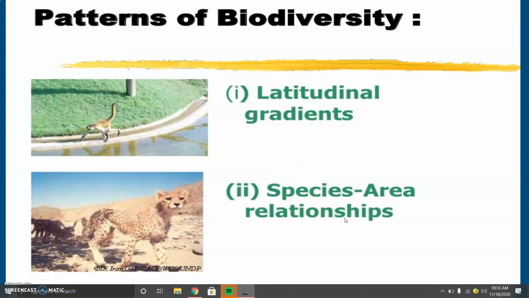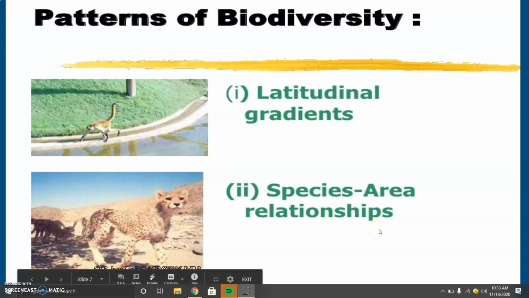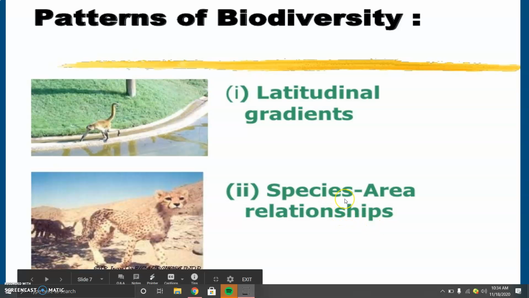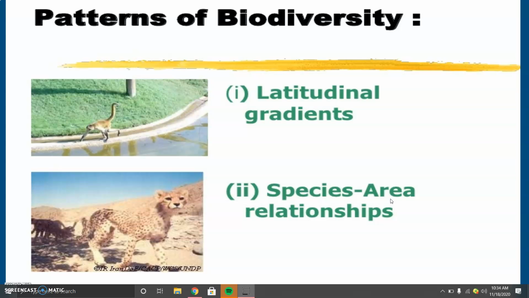Species area relationships. During his pioneering and extensive explorations in the wilderness of South American jungles, the great German naturalist and geographer Alexander von Humboldt observed that within a region, species richness increases with increasing explored area, but only up to a limit. The relation between species richness and area for a wide variety of taxa like angiosperms, plants, birds, bats, freshwater fishes turns out to be a rectangular hyperbola,